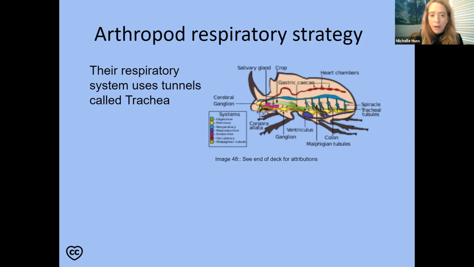What trachea are, I know this is a slightly blurry picture, but what trachea are just holes. I'm not even kidding. Holes, like it would be like a hole in my cheek, a hole in my nose, a hole in my head, but they're all over. And what it allows is just air to go into all these holes, and it's one cell layer thick, and I can do gas exchange. That's how insects do it. So they don't have lungs. They just have a whole bunch of holes all over their body. And then they have cells that do gas exchange all along.